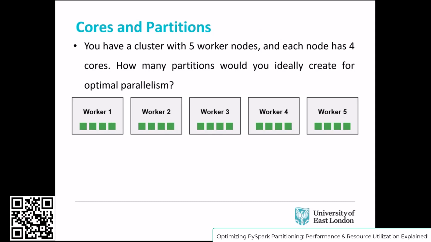It's depending on the amount of data you have. Okay, 5 worker nodes, 4 cores, right? It means we can have at least 20 partitions, right, minimum. But we said we have a range of sizes, 128 megabytes to 512 megabytes, right? With that consideration, what we can do, okay, this is one consideration. The second consideration,